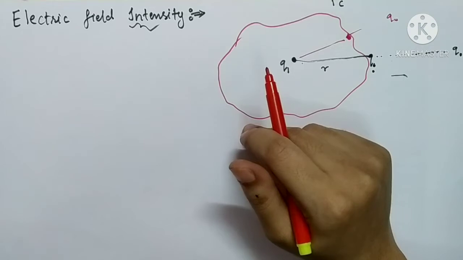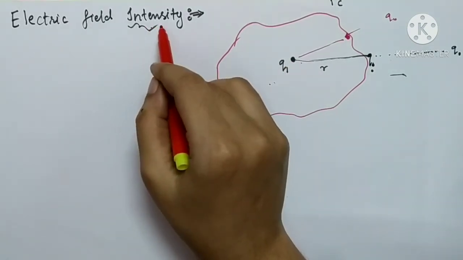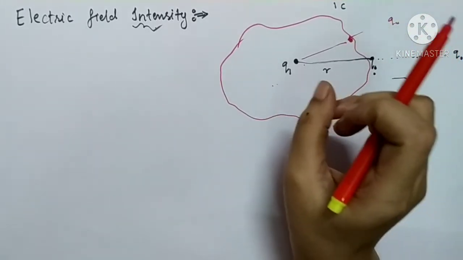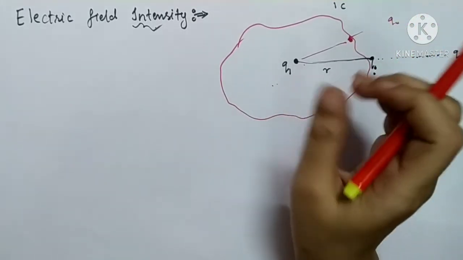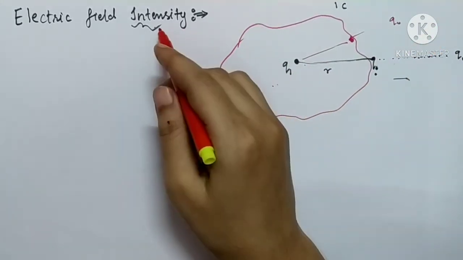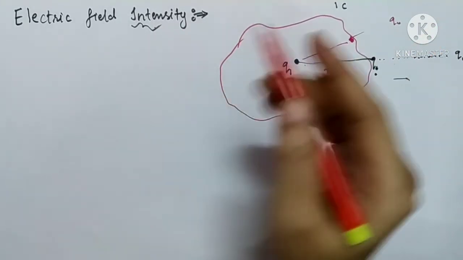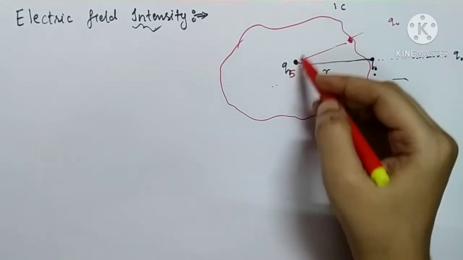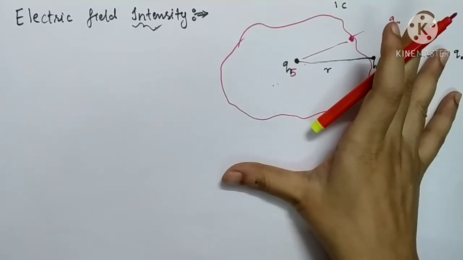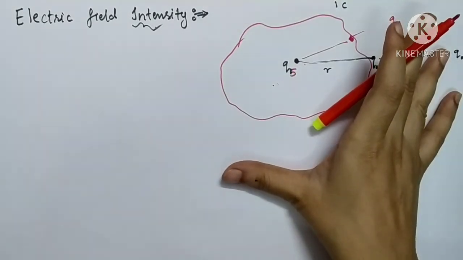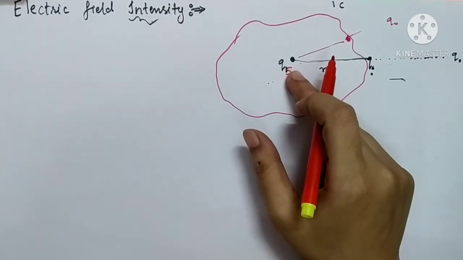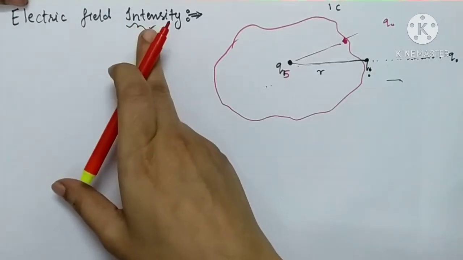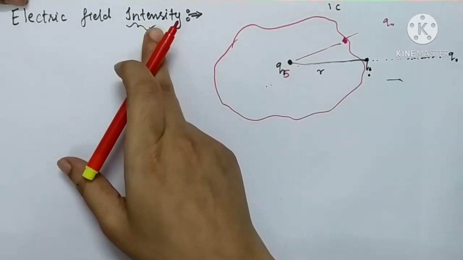And what is electric field intensity? Intensity means strength. So the strength of the electric field, how strong the electric field is, is called the intensity of the electric field. If you place a charge of higher magnitude, suppose 5 coulomb, it will create a greater electric field in the surrounding region, because this charge is quite strong. So electric field intensity is nothing but the strength of the electric field.